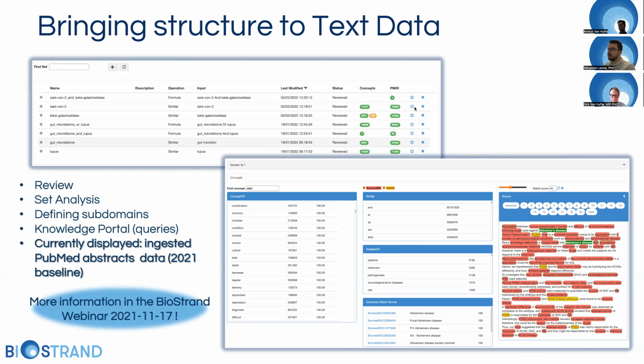set analysis. This allows you to define specific subdomains of PubMed. For example, if you want to only look at things concerning cancer, then you can simply combine different concepts related to that in order to build a subset. And it is also possible to explore all of this data and to derive different metrics like frequency, TF-IDF, term frequency, inverse